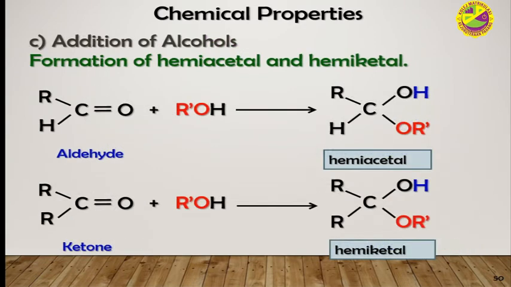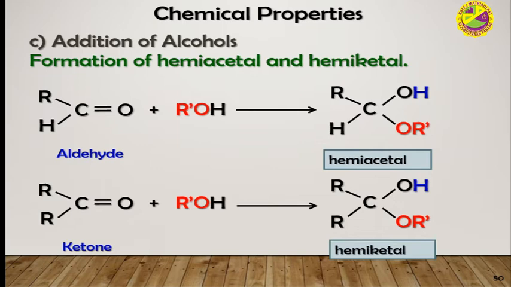The third nucleophilic addition is the addition of alcohol. We will look at the formation of hemiacetal and hemiketal. First, we look at the reaction between aldehyde and alcohol. When an aldehyde reacts with an alcohol, the product will be hemiacetal, which means the carbon double bond oxygen